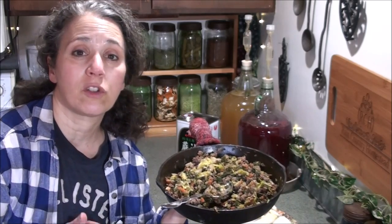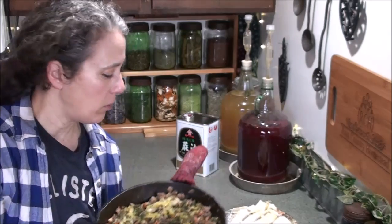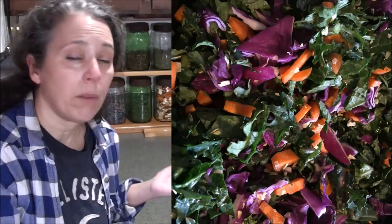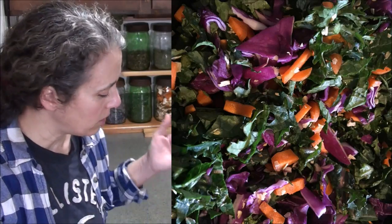Some other options are to throw in some sesame seeds and just kind of toast them along with the rest of it as you're sauteing it. I also have some grass-fed ground beef in this mixture. And yesterday when I made it, I had red cabbage. This one, again, it's got the fresh kale from the garden. And then some other options are